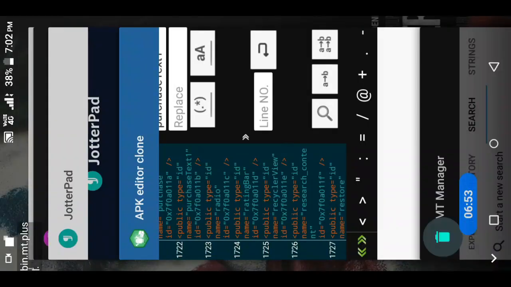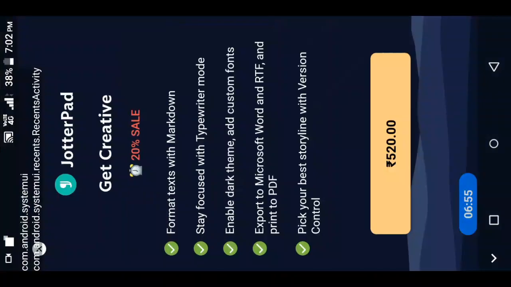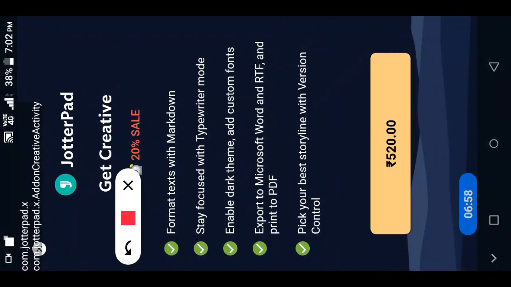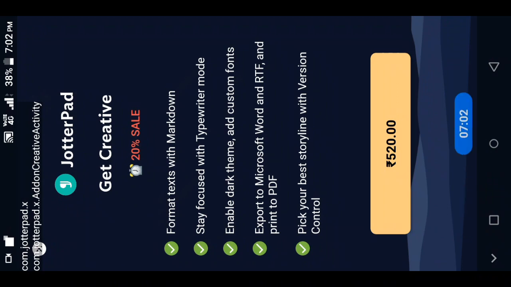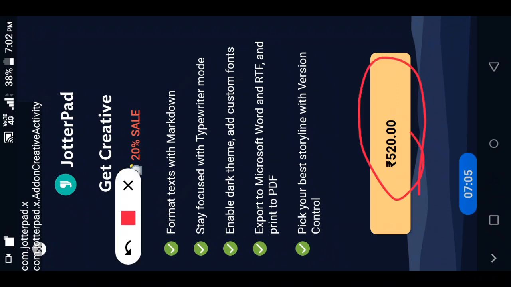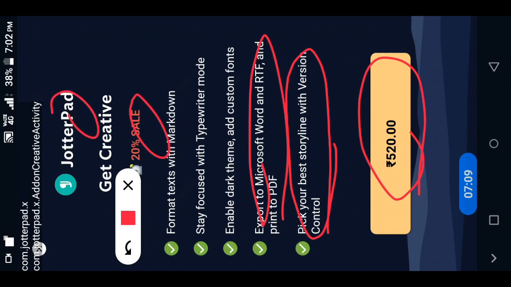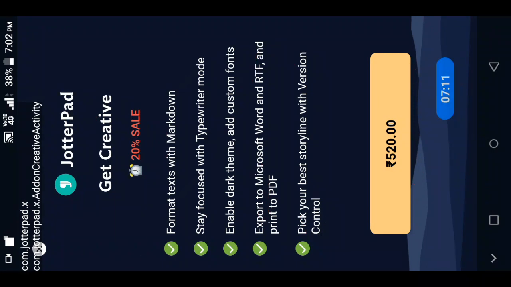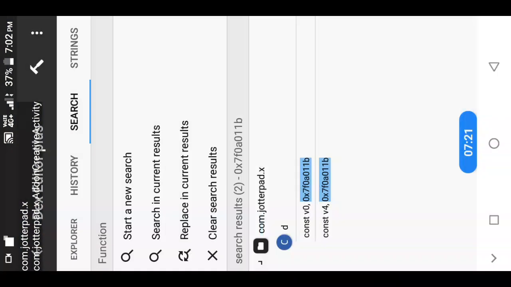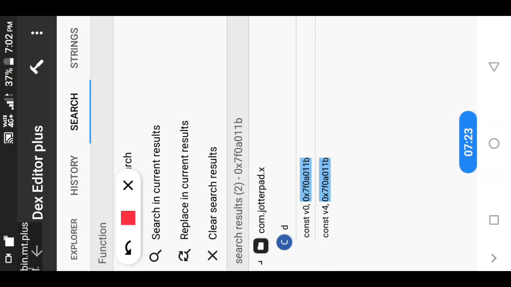That is here you can see. We search until we get any result in this activity. If we are not successful with the button, let's search for any other, like this or this, anything we can search here. I am now going with the text here. Let's see. Again we have got the result in D, but let's open and see what is there.